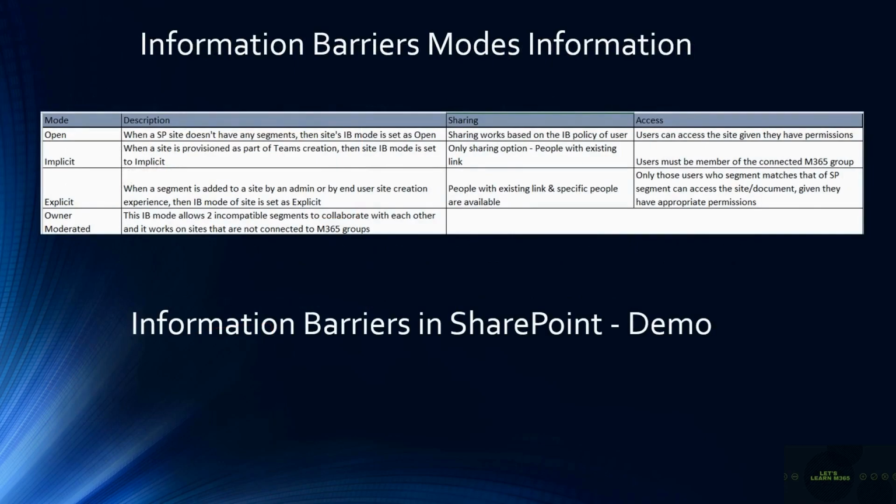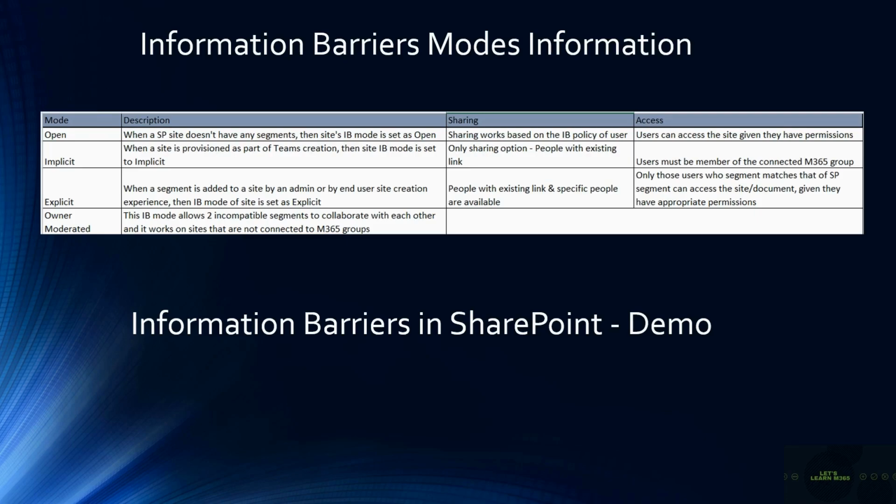Let me walk through the information barriers modes in SharePoint Online. So the first one is open. Any SharePoint site that does not have a segment associated with it has the information barrier mode set as open by default. In this mode, the site and its content can be shared based on the information barrier policy